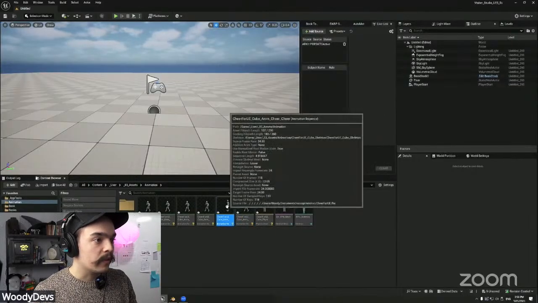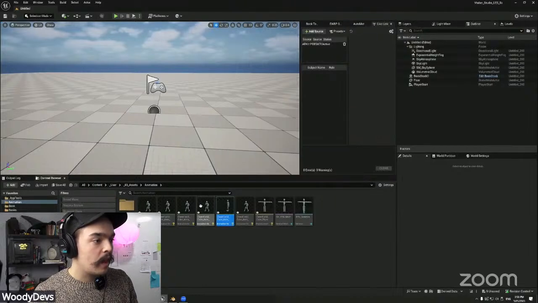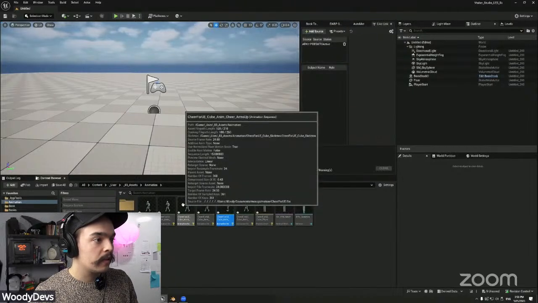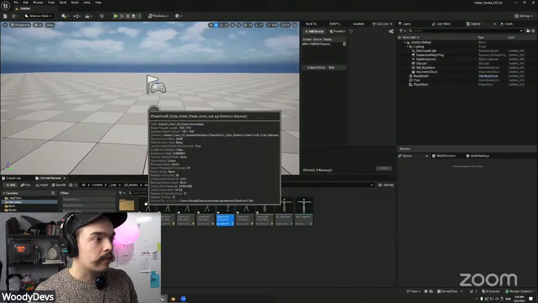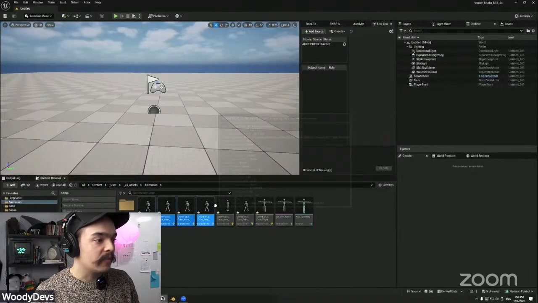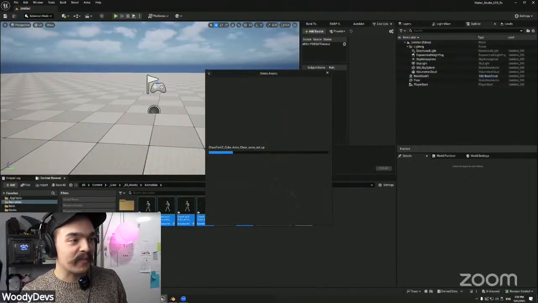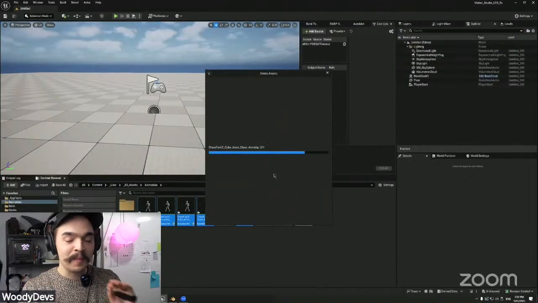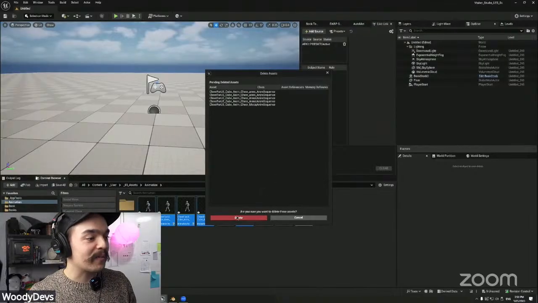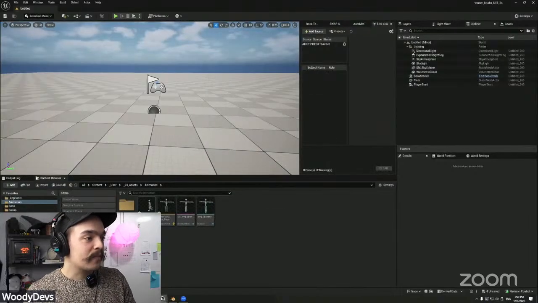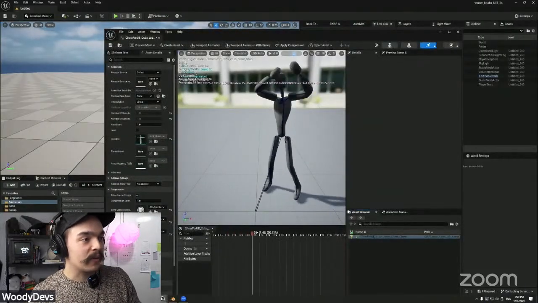Now we have different names for these. I'm going to delete some of these because these are the ones that I did not make for this show. These are the ones I made to just make sure everything was working properly before we got started. So we'll open this one specifically,